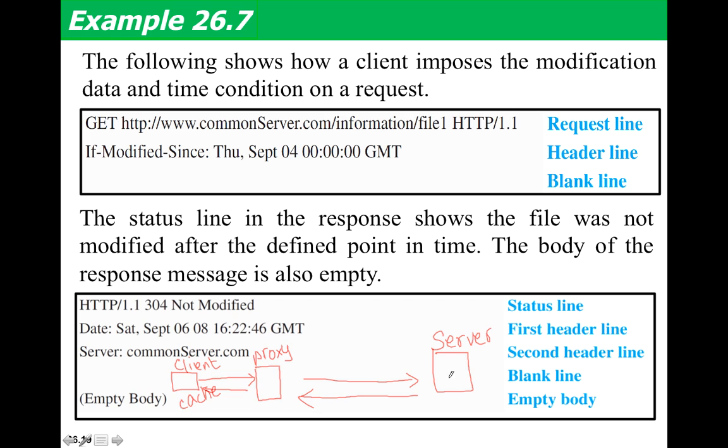Because if the information was not modified, if there was no change in that information, it means the server doesn't need to send it, because the proxy or the client's cache contain that file already. So there is no need for that information to be sent again if it has not been modified. So we now look at,